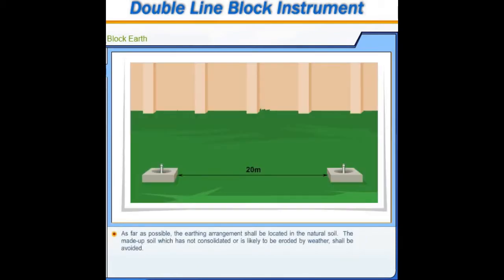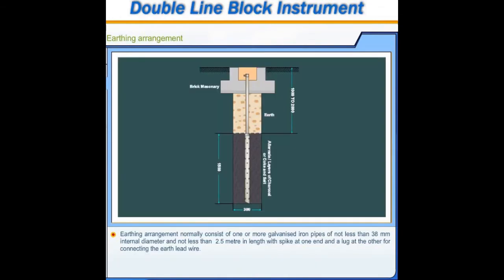As far as possible, the earthing arrangement shall be located in natural soil. Made-up soil, which is not consolidated or is likely to be eroded by weather, shall be avoided. Earth electrodes shall not be buried in a position likely to cause an obstruction or where they are likely to be damaged. Arrangement normally consists of one or more galvanized iron pipes of not less than 38 mm internal diameter